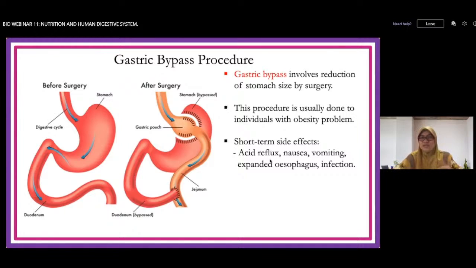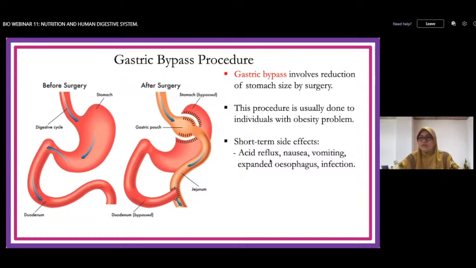Pedih ulu hati. Kamu pernah tengok tak iklan Gaviscon kan? Dia makan Gaviscon, minum Gaviscon, ubat Gaviscon untuk mengelakkan heartburn, pedih ulu hati. Kalau makan cepat-cepat pun boleh menyebabkan acid reflux. Acid reflux ni maksudnya apa? Acid tak digest betul-betul, jadi acid tu dia akan naik sampai ke kita punya